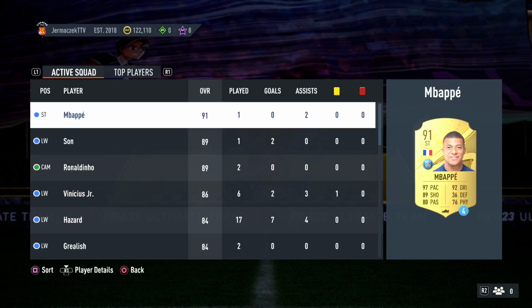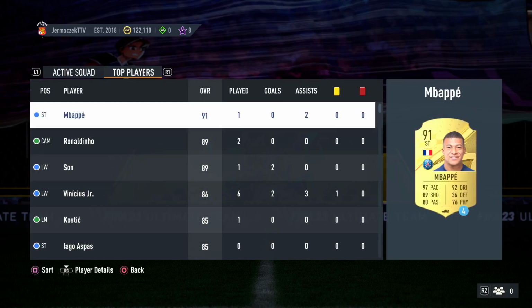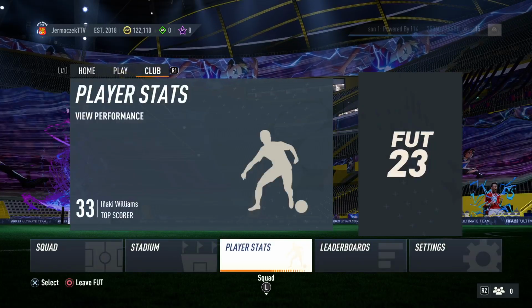And yeah, that's all for this video. It's very simple. As you can see, you can also go for the right side because in this case we got active squad, but on another tab we got the top players, so we can switch between them with R1 and L1 button on your gamepad. And that's all for this video. That's how we can check your player stats on the FIFA